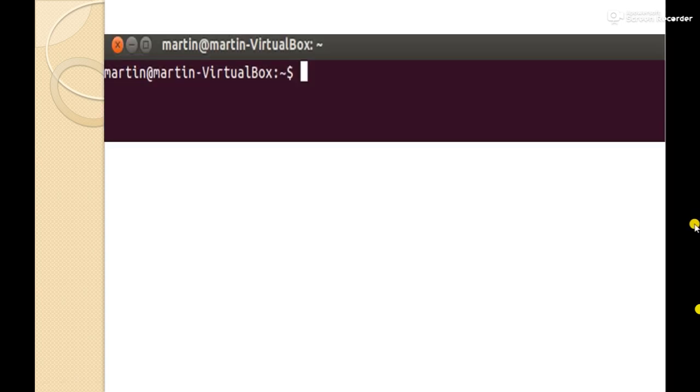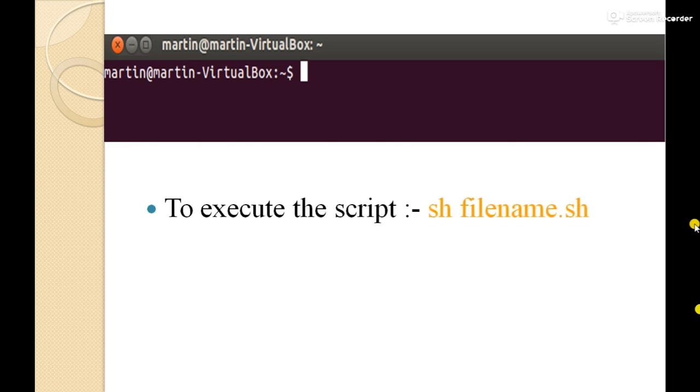Now again when we exit from the Vim editor, the command screen will be displayed, and then we will execute our Vim file, that is the script. To execute the script, we will use sh space filename.sh.